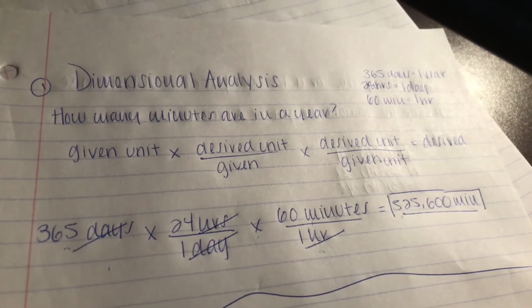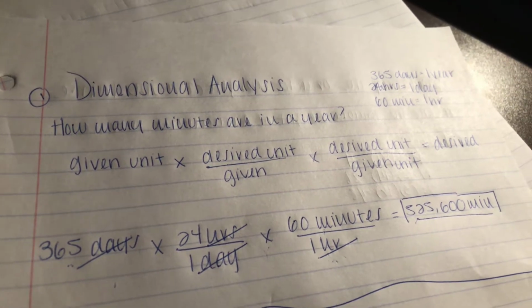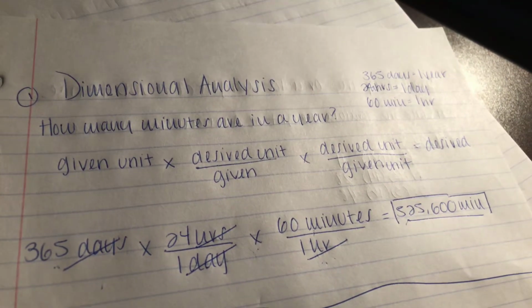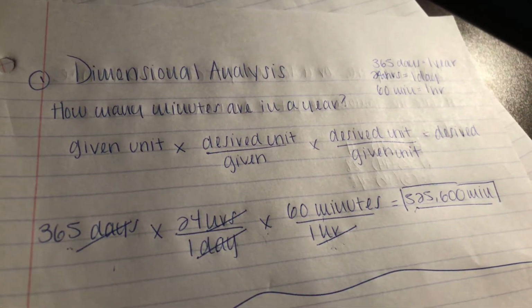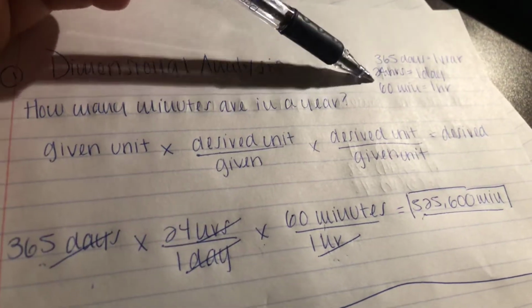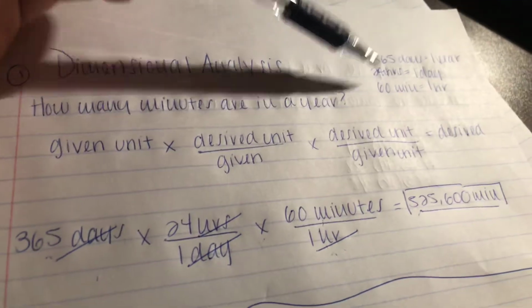So the topic I'm covering from chapter 1 is dimensional analysis. How many minutes are in a year? In order to begin this problem, you should probably write down what you know. And over here, we know that there are 365 days in 1 year, 24 hours in a day, and 60